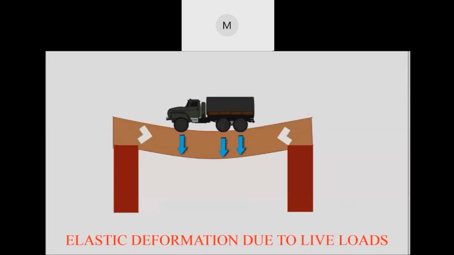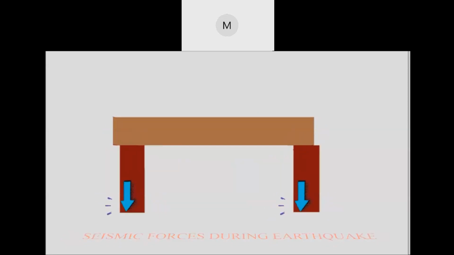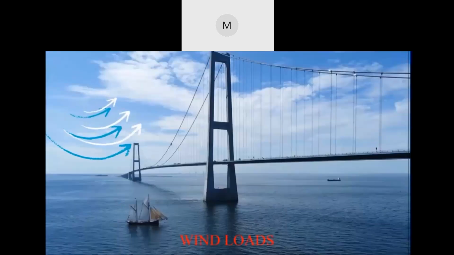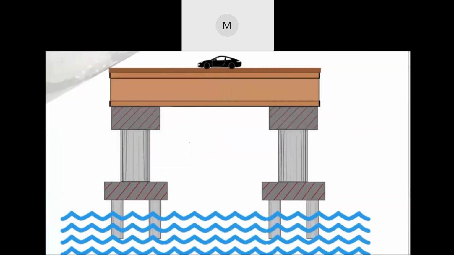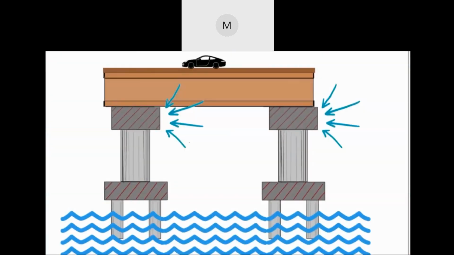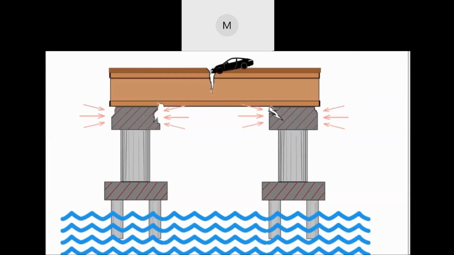Due to elastic deformation of the bridge under live load, due to the seismic forces during an earthquake, due to wind loads, water current forces, etc. These factors continuously push and pull the supports until it achieves the freedom required, and in this process cause damage